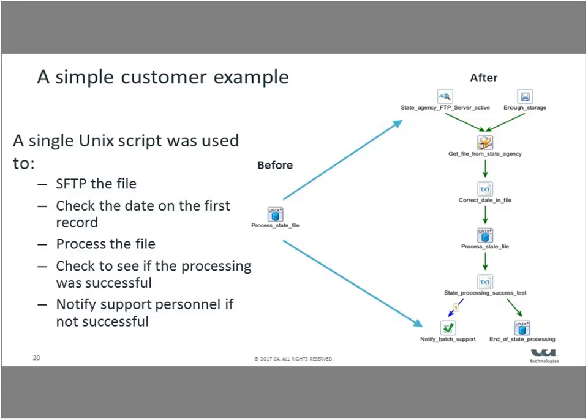The file name will have the date on it, and the first record in there better have that same date. If those two don't match up, then I know I have a problem there. All the way down to doing the notification externally instead of within the wrapper script, so even the notification can be a job object that you execute for that.